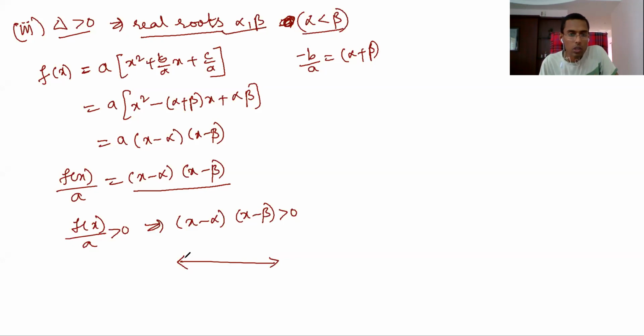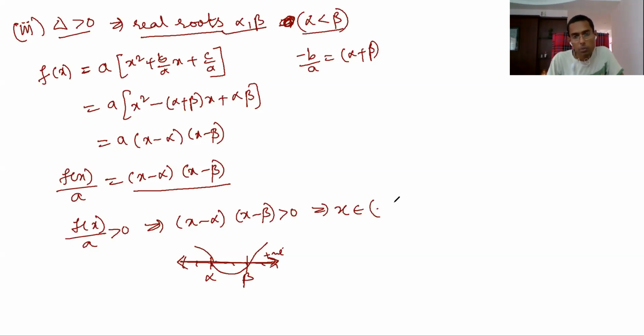Okay, so without the graph only we'll do this one. So f of x by a is positive. That means x minus alpha and x minus beta is greater than 0. That implies x does not lie between the roots. Between alpha and beta it is negative, outside it is positive, so like this we draw the graph. Here this is more than beta; if you take more than beta, that means automatically more than alpha, so it becomes positive. So greater than 0 means minus infinity to alpha.